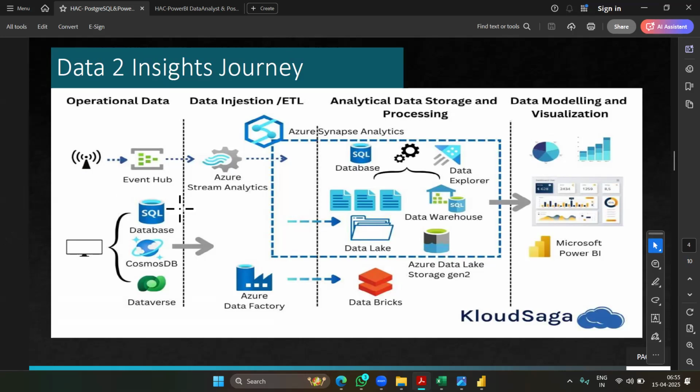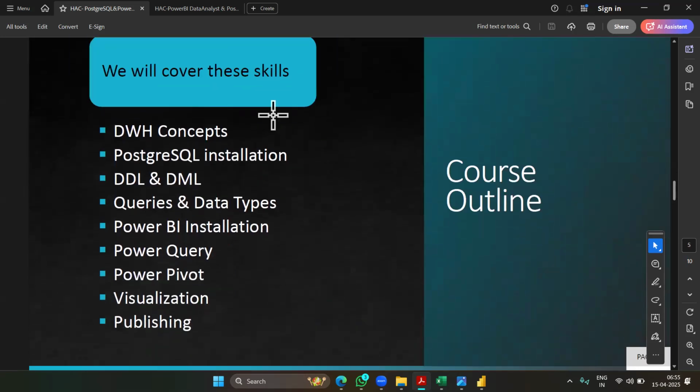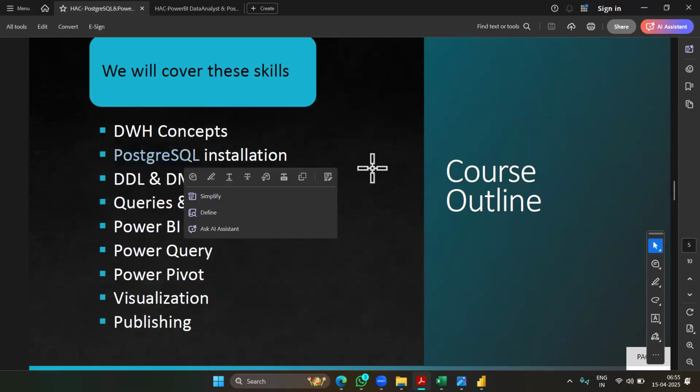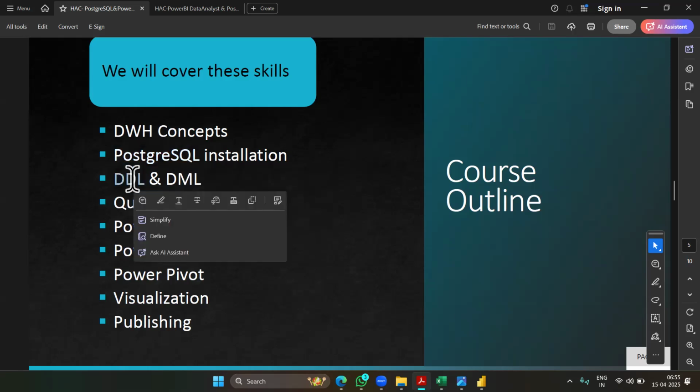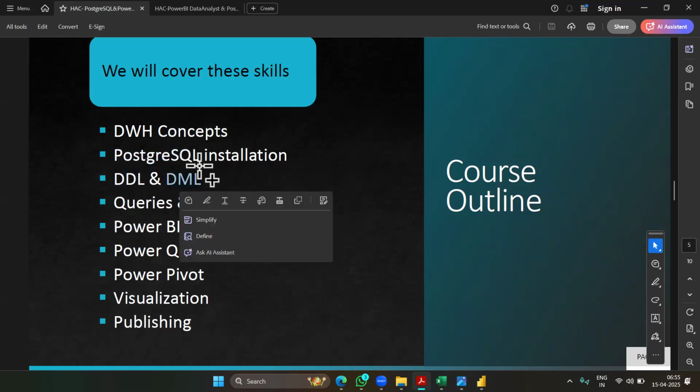So this is what we are going to cover, Microsoft Power BI. Within Power BI, these are all the topics we are going to cover: data warehousing concepts. And we are also going to learn installation of PostgreSQL and how to work on DDL, DML. When you say DDL, the full form is data definition language. So the SQL query that we are going to write to create the tables, to create the views,